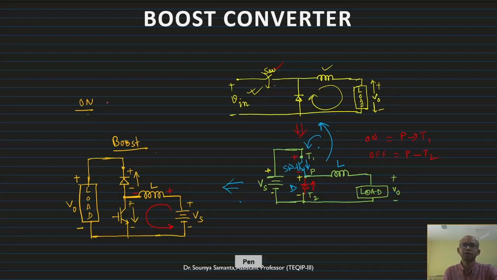This is the direction. Now whenever this switch is off, this one is the switch and this one is the diode. Whenever the switch is off, then what will happen? Switch is off means this part of the circuit is open. Under this condition, this will be the direction of the current. From there it will start and flow through this and return back to this source. Now in this case, basically the inductor will discharge.